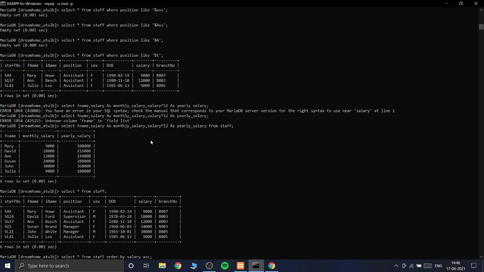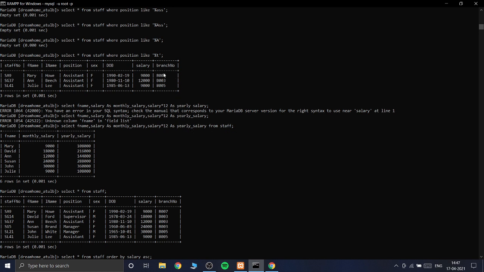Okay, AS, so two data will be connected, which are before and after the AS word. Salary is connected to monthly salary, and salary star 12, meaning every data in the salary column will be multiplied by 12, and selected as yearly salary from staff, with the table name.